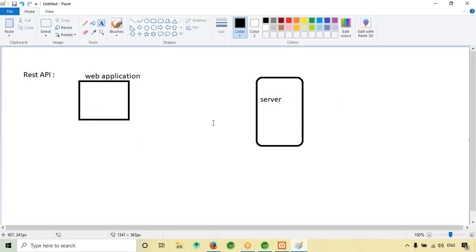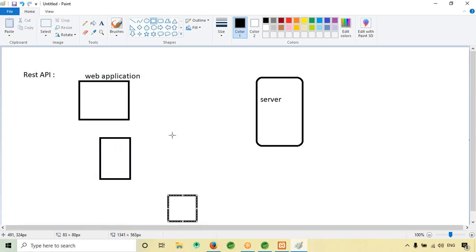Okay, so now when you keep data in the server, you don't have other platforms like mobile or iOS. Since you are using a web application, that's completely fine. You can directly communicate with the server and fetch the information from it. But if you have plans to launch for other platforms as well, it can be Android or iOS.